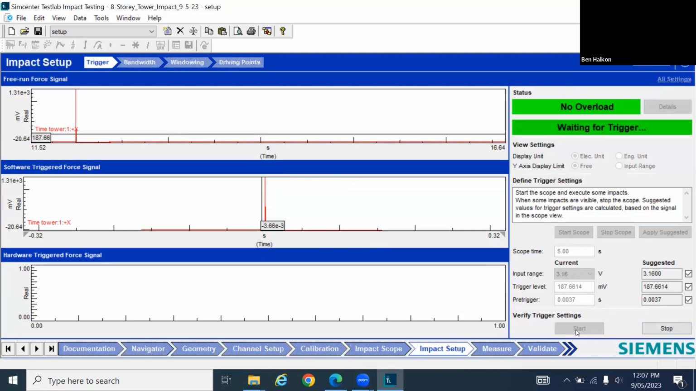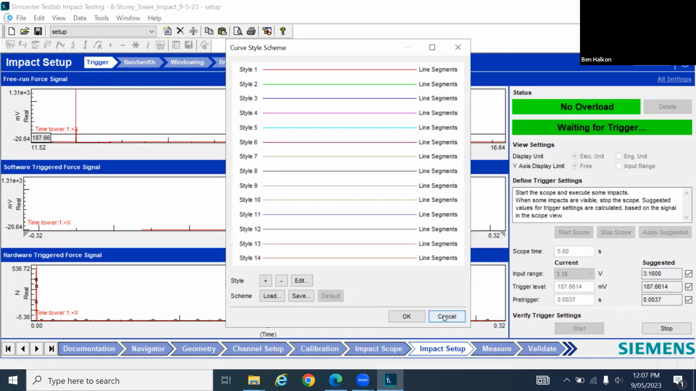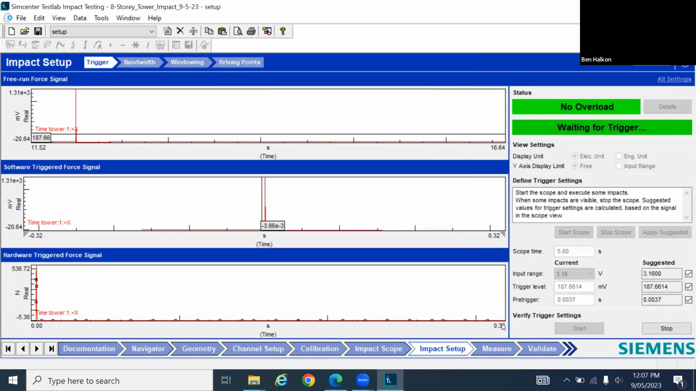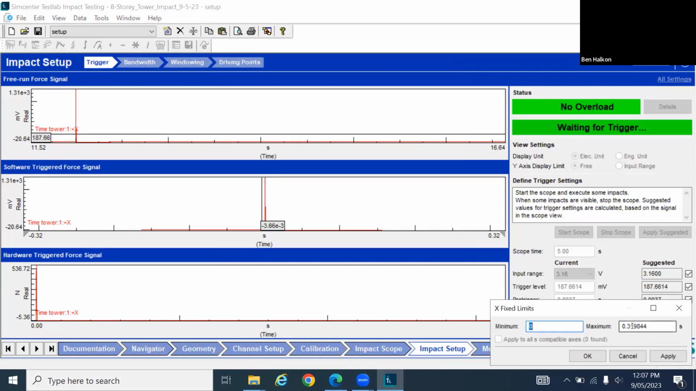So again, hands on the tower to stop it vibrating, strike the tower. And there you can see now hardware triggered force signal down here. I'm collecting the full impact duration. If I zoom in on this axis by double clicking the number here, it's actually selecting the curve. There we go. Make this 0.01